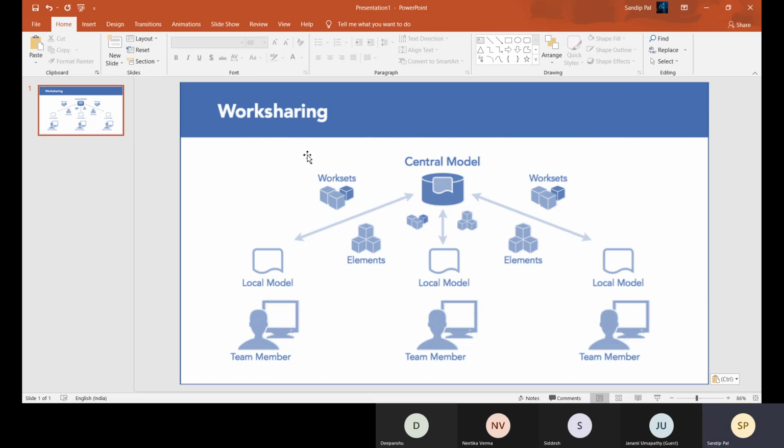First of all, we have to create a central model. The central model is the master file which holds all the data and all the information about the project. From the central model, we create the local file or local model, and we will be creating all the parts.